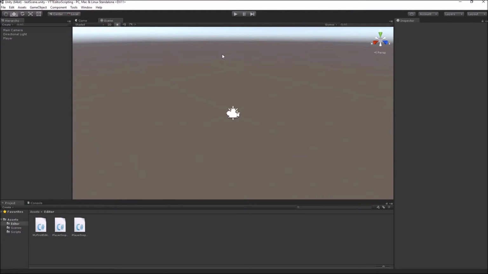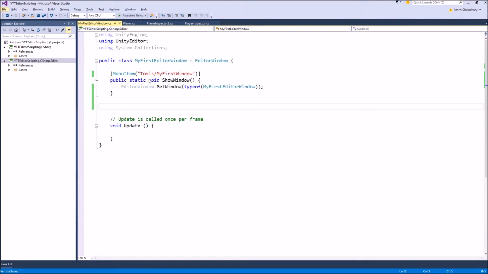Before that, let's also look at how a particular script for your editor window looks and works. Inside our editor window, the first function is to spawn our editor window. The next function that we have is the constructor for our editor window. So we can write public my first editor window.